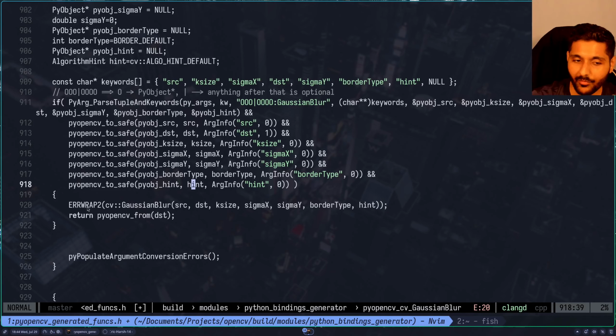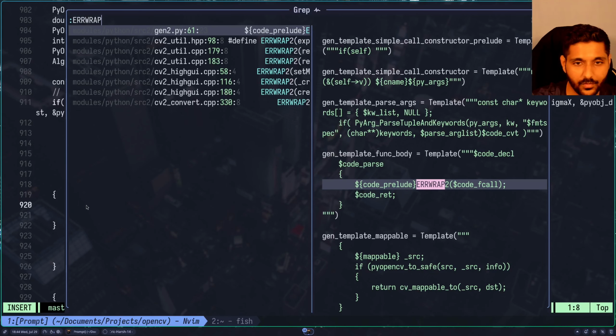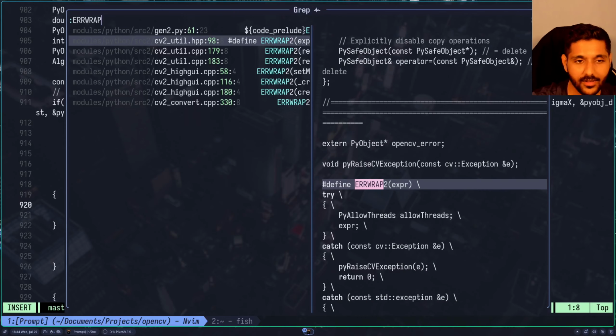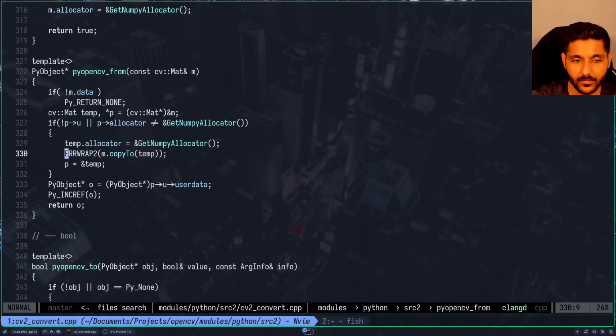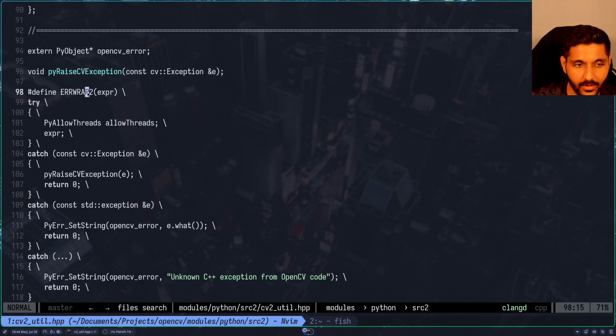One very interesting thing before I log off from this video is the ERRWRAP2 macro. Okay, and I don't know why it continues to not work. By the way, this is where you see how they're writing the template. It's very interesting. But yeah, okay, my bad. Yep, there you go. Right, so this is how it's doing. It is a wrapper which basically